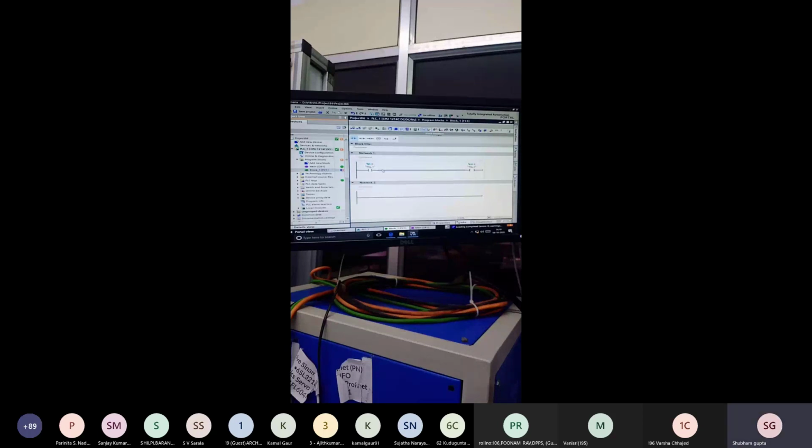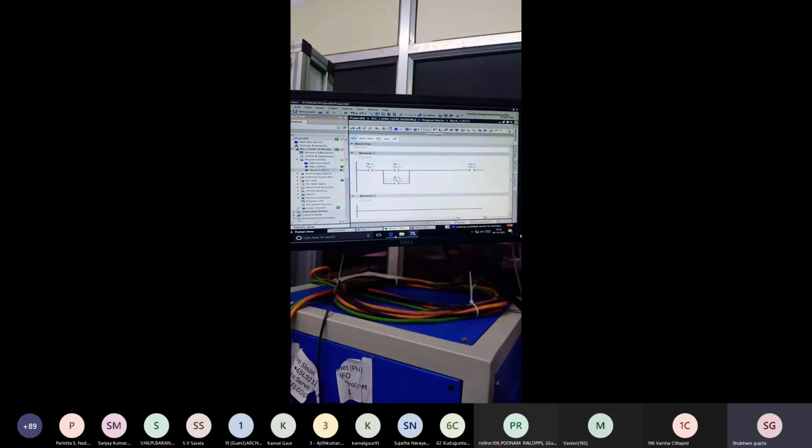So first connect S1 at I0.0. Then S2 and S3 are I0.1 and I0.2. Is it okay?